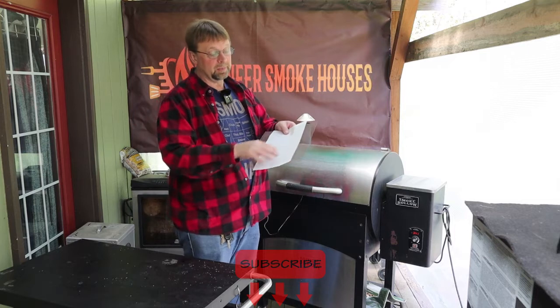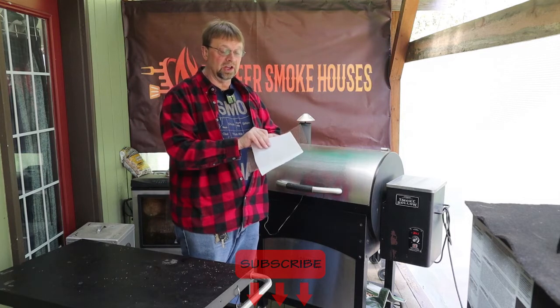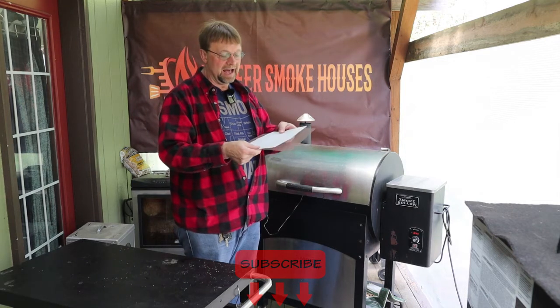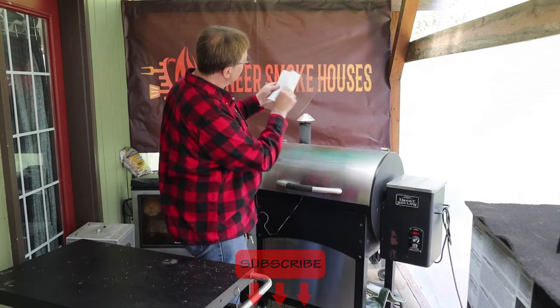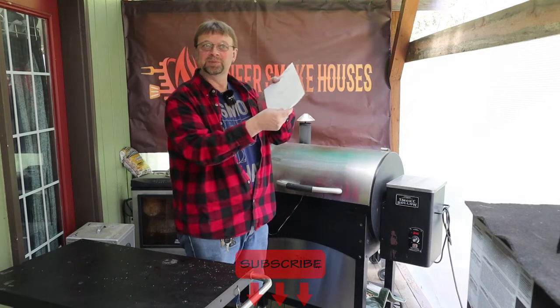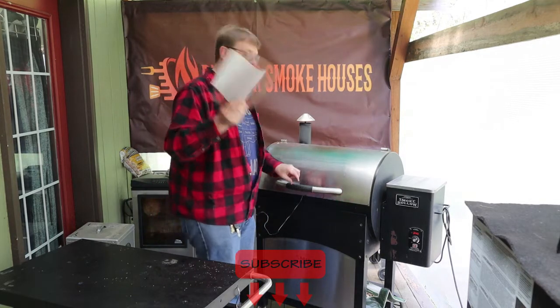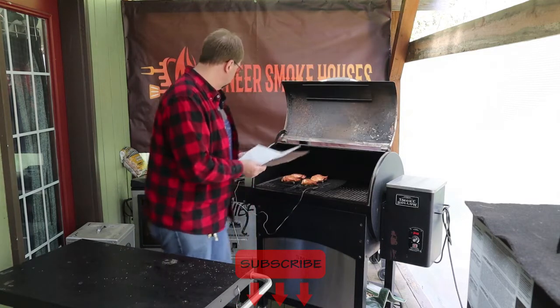Now this parchment paper has a slicker side, and where the silicone is a little bit heavier, I believe it's applied to that side. It's hard to tell, you have to look at it real careful, especially on the cheap stuff I buy, but I think it's this side right here. And then I grab the fresh grill mat just because I want to make it easy. So I'll come in here,